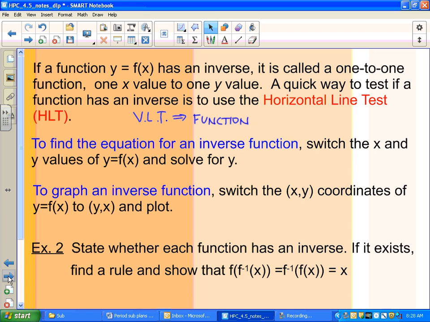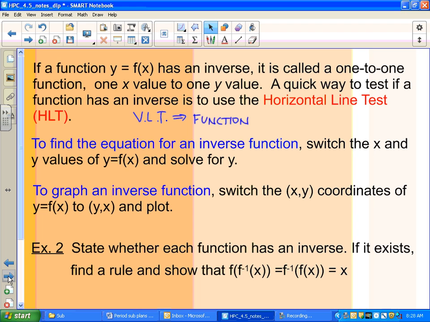So this is the new component compared to what we were doing yesterday. Yesterday we were just doing the graphing piece of it. Now we're going to take a look at switching the x's and y's and solving for y. We've already done this in Algebra 2, so it's not new. So we'll just be doing a little review, and then there are some functions, though, that we have to be careful with,